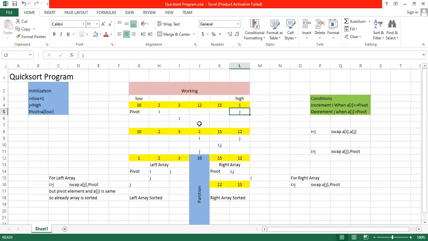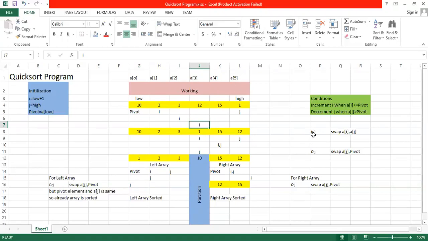If you take these as array subscripts, a of 0, a of 1, a of 2, a of 3, a of 4 and a of 5, then a of i is 12 and the i value is 3. a of j is 1 and the j value is 5.